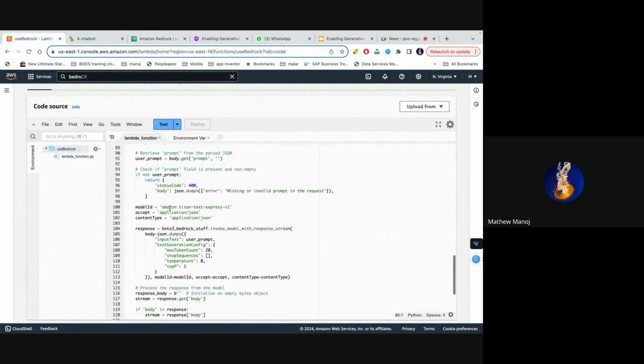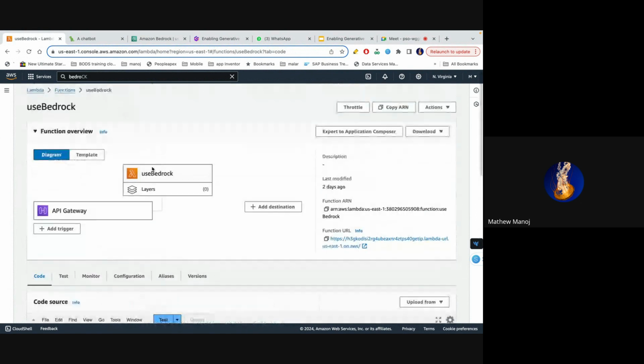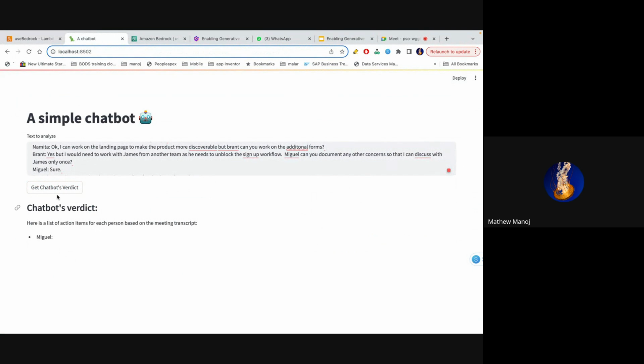So now I'm passing this prompt here. I use this Lambda function, and I connected it to the API. The API takes the request from the user and passes it to the Lambda function. That Lambda function takes the response from the model and gives back the response here, and then this response is passed through the Streamlit Python code that I made, and it gets printed out over here.